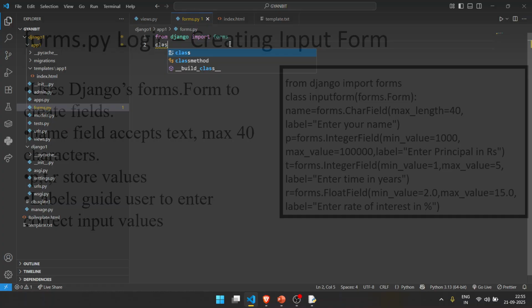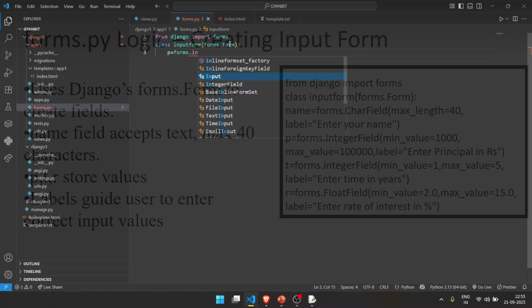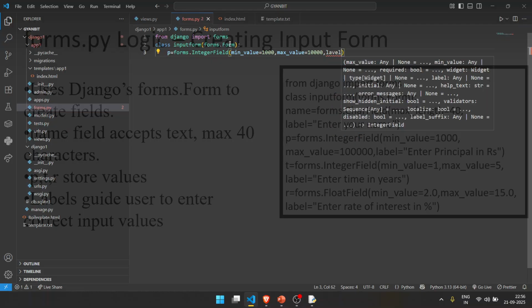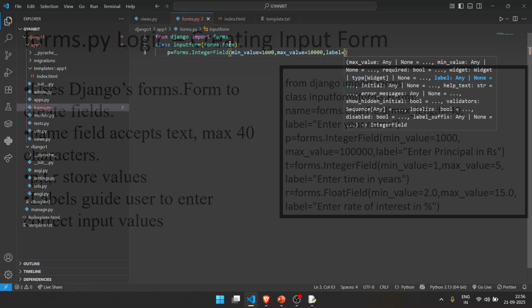Now let's take in our values. First value we can take in is p, that is forms dot integer field, because usually nobody lends out money in paise, all do it in whole rupees. So let's go with that. Forms dot minimum value, let's set it as 1000 rupees, whereas maximum value we can set it as 10,000 rupees. Label is something which is used to tell the user who is going to enter the values as to what he's to enter. Enter the